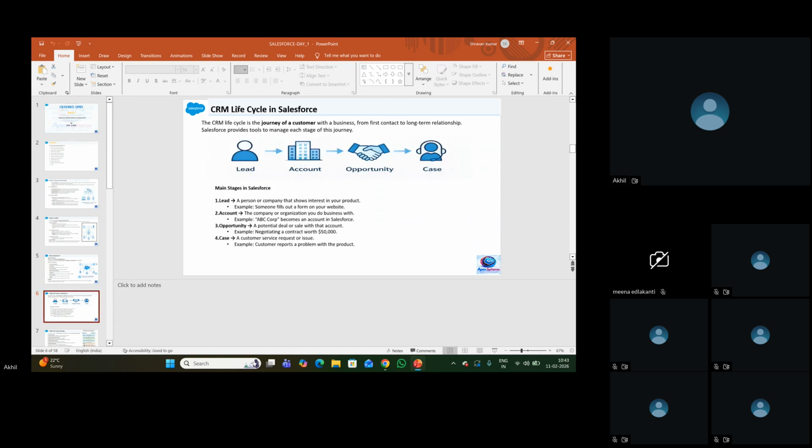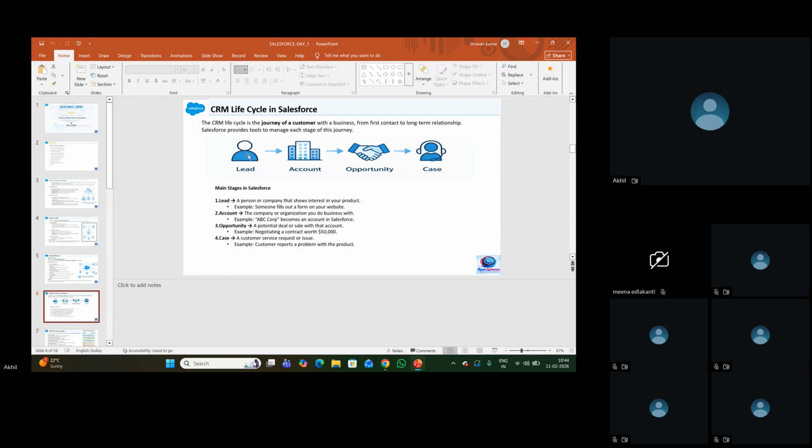Now the Salesforce CRM lifecycle. Salesforce provides tools for it. As I said earlier, the Marketing Cloud. Once our product is ready, we'll do some marketing, offline or online, with the help of Marketing Cloud in Salesforce.